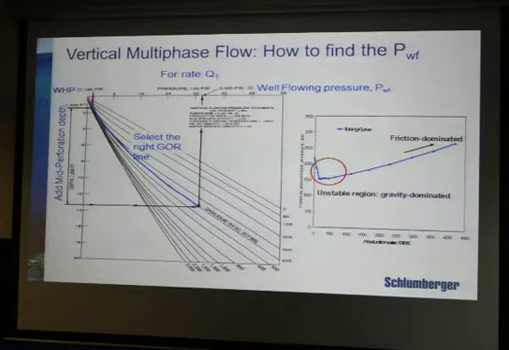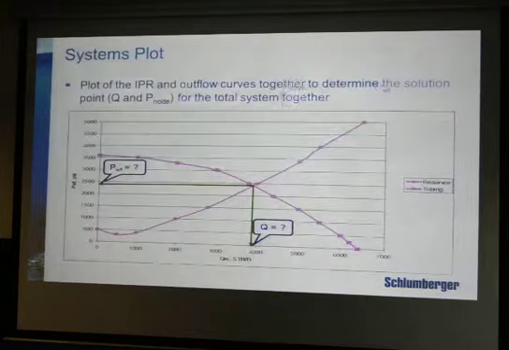These are the pressure transient curves from which the tubing outflow curve is derived. You draw the tubing outflow curves from these pressure transient curves. This is the nodal analysis. You find the intersection point and find out the actual PWF and the Q that you are having. You have the IPR, you have the tubing outflow curve, and the point of intersection is there.